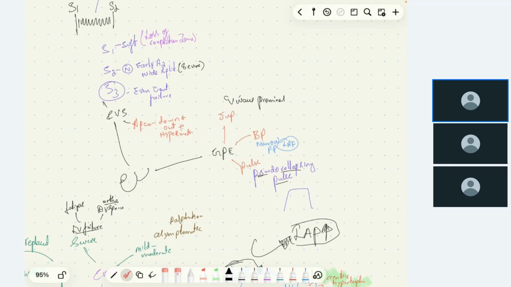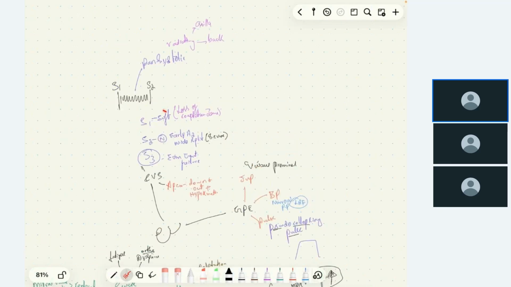On auscultation, we will see a soft S1. We all know that during ventricular systole, when the ventricle contracts, the anterior and posterior leaflets of the mitral valve close. The zone of coaptation will be formed, and due to this, the S1 sound is heard. Here in MR, the zone of coaptation, the meeting of those two leaflets, is not adequate, leading to a soft